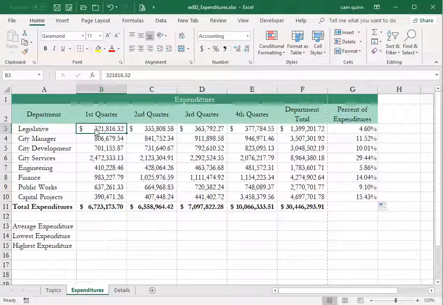Okay, and that's because in accounting format, when you have a negative number, it puts brackets around the number. So it needs the space at the end, so that if you do have a negative number, it's not going to change the positioning of your decimal point, because you want your decimal points to line up. So this is accounting format, which is the primary way that you're going to be dealing with numbers in a